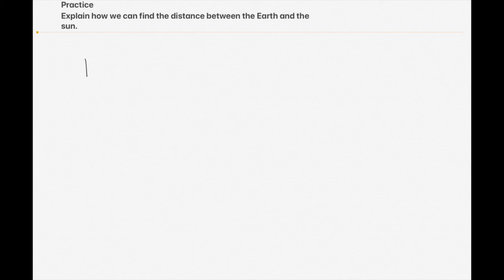We have learned the parallax method to determine the distance between the Earth and the Sun. You are right, partially, but you also recognize that it is difficult to measure the distance accurately. It is difficult to have a long base distance on the Earth compared with the distance to the Sun. So if you want to measure this distance to the Sun